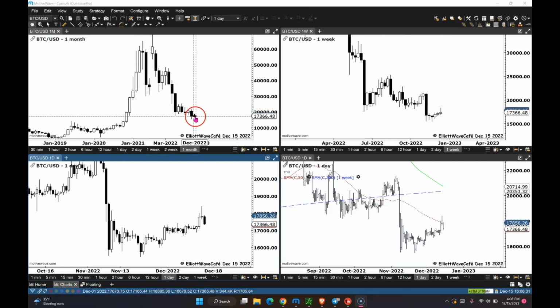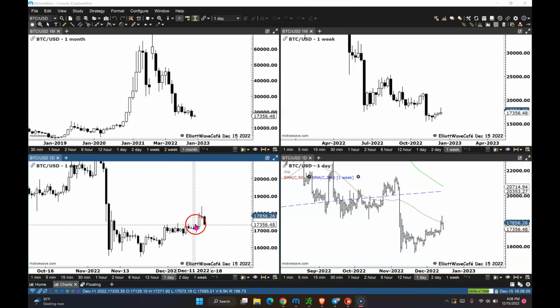Here is how we're looking on the 1 month. We still have about 15 more days to go, 16 days to go here till New Year's Eve. No confirmation whatsoever just yet, and this can change at any time. We'll see. Ideally, what you want to see is a bullish engulfing out of here on the month of December, which means that this whole thing here would have been a failure to continue lower, and that could be a bullish signal for the month of January. So that's what I will be watching and see kind of how that month closes.